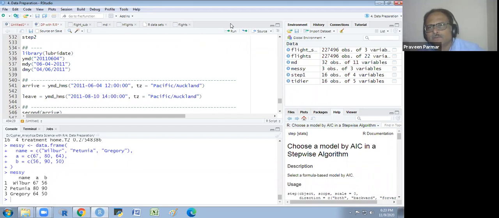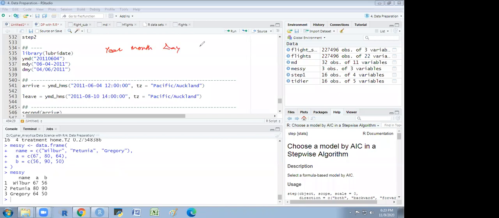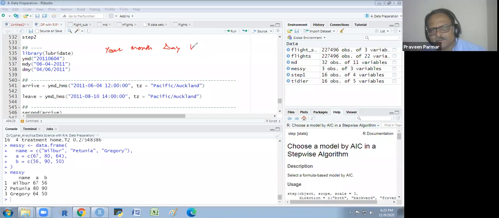So what is the universal date time? First is the year, then month, then day, and then hour, minute, second, and this way. This is the sequence. It is a universal sequence.